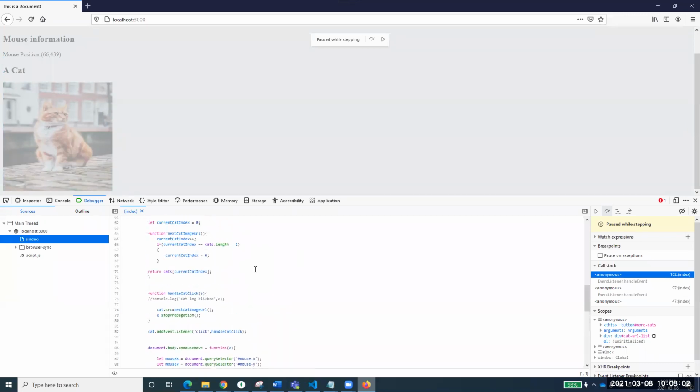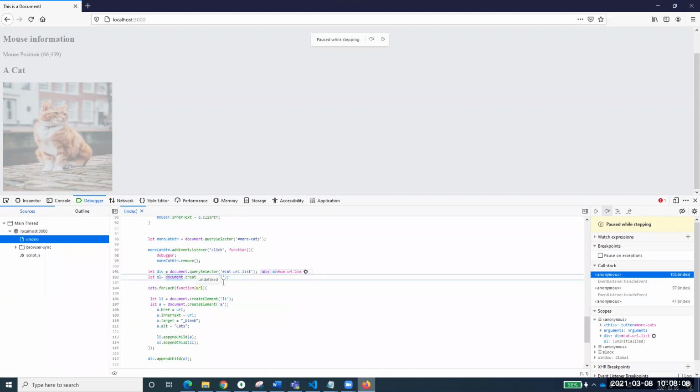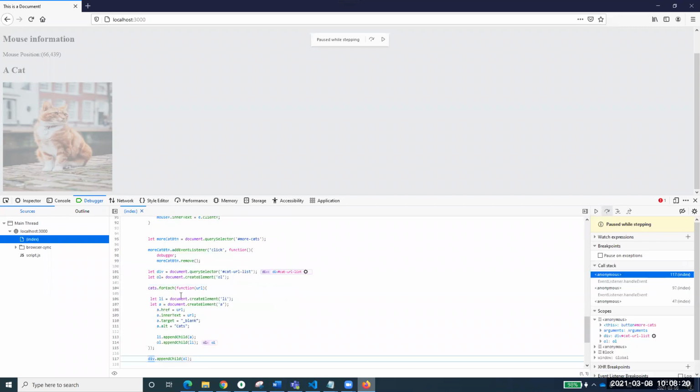You remember we discussed that cat URL list in a div tag. This is the div tag that is coming, so now it has got the reference of this tag. Now if you step over again, you see that it has now created an OL, an ordered list. Now again, you step over to this one. You see that it has done this for each. And now what will happen? This LI would have been created, and this OL is being created.